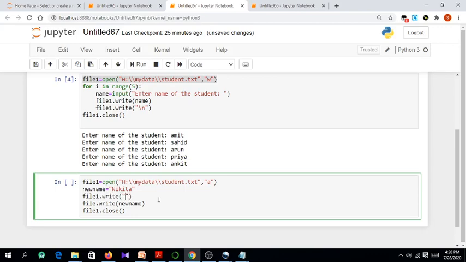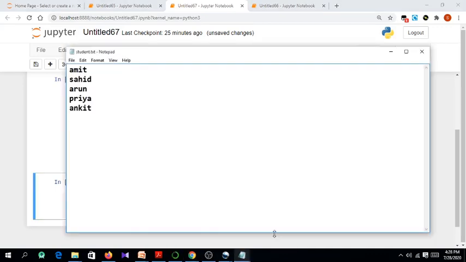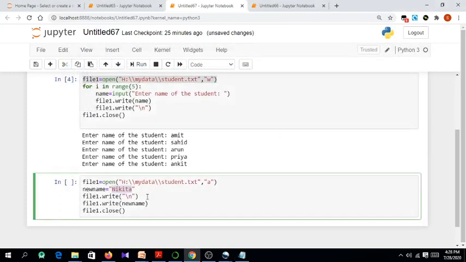Let me add a newline character so that this will be written on a new line only. Okay, now let us run this. So after running, this new name should be added to the file. Instead of deleting previous contents, all 5 contents, it should be added here at the end. Okay, let us run this.